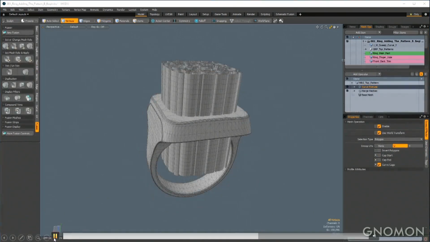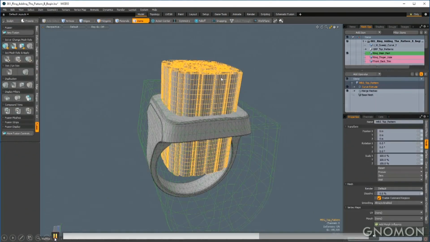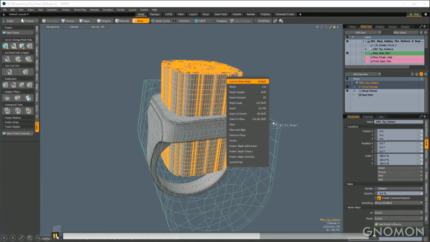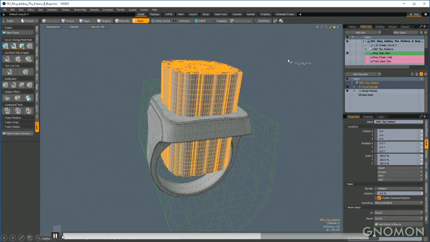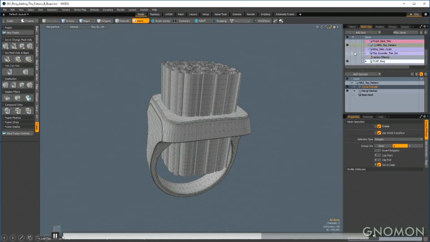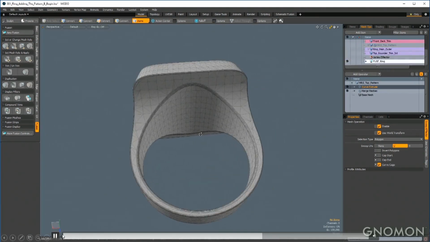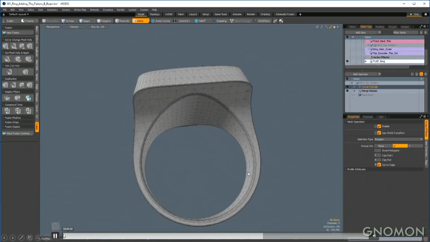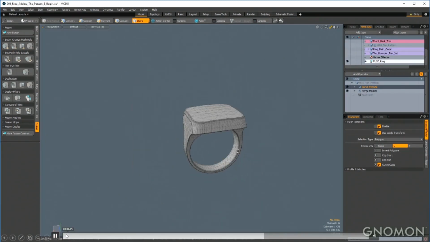So you might be thinking, why don't I just drag the sweep geometry onto the primary so that it subtracts? And I could do that, but I'm not going to. And the reason is because if I do that, there's going to be a hole trimmed in the bottom, and I want to keep the band of the ring a solid piece.